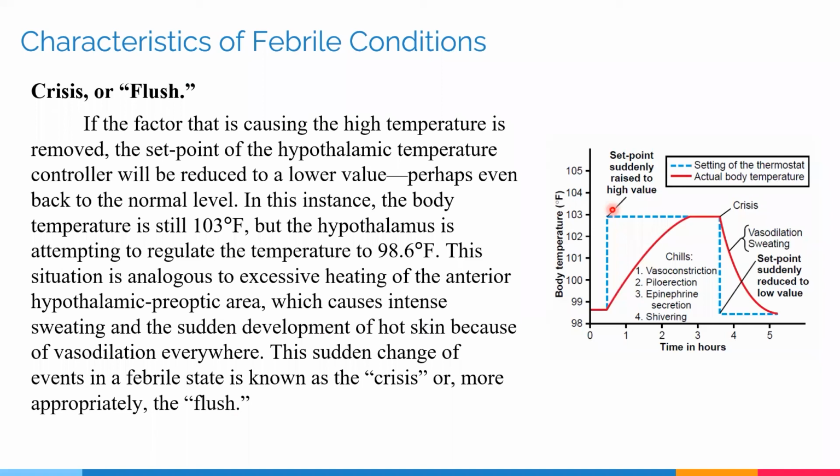vasoconstriction of blood vessels present under the skin. All of this works together in order to raise the temperature of the body to the set point of the hypothalamus. And thus, as we can see, the red line follows the blue line and the body temperature also increases. But at the later portions of a fever condition, once the body has dealt with the bacterial infection or other causes that were increasing the hypothalamic set point, the hypothalamic set point goes back to normal, which is shown in the second part